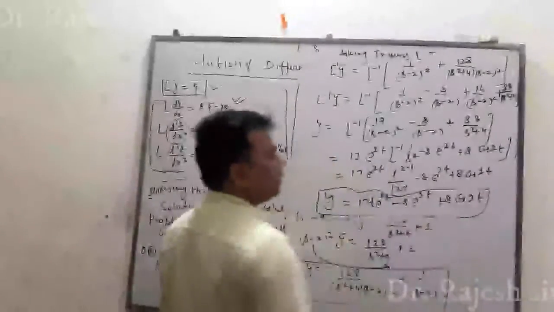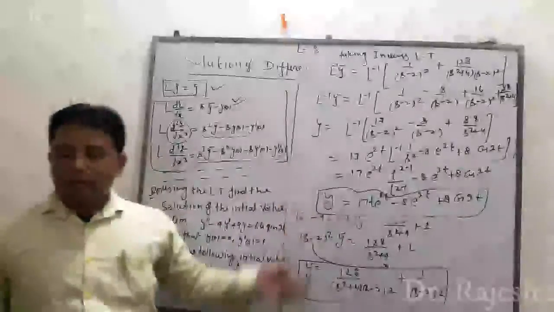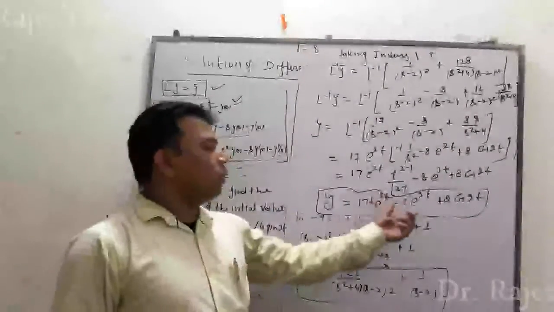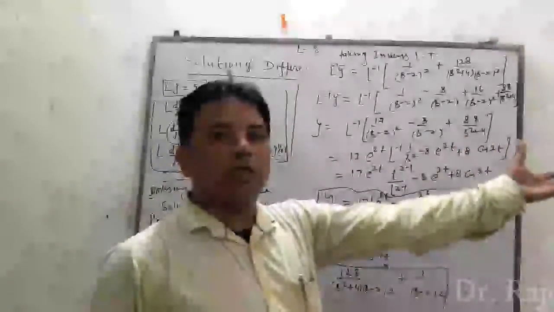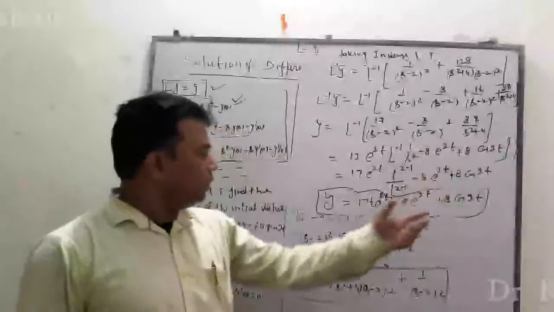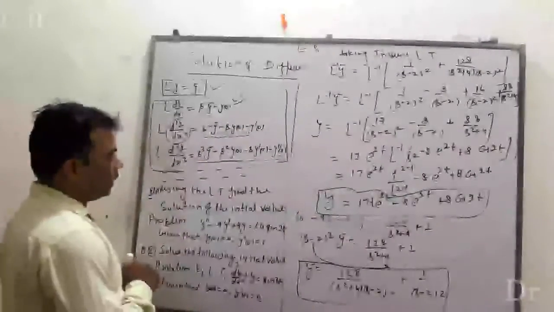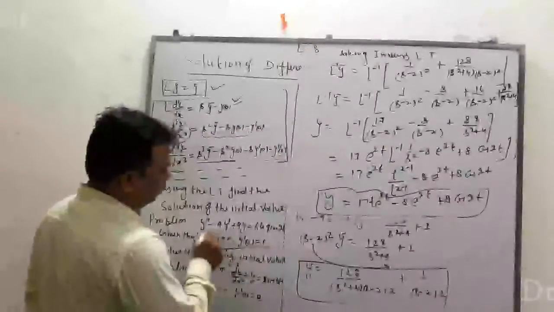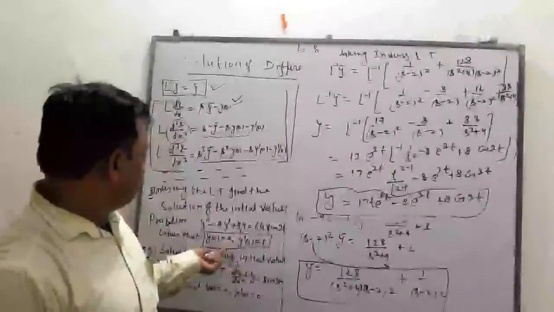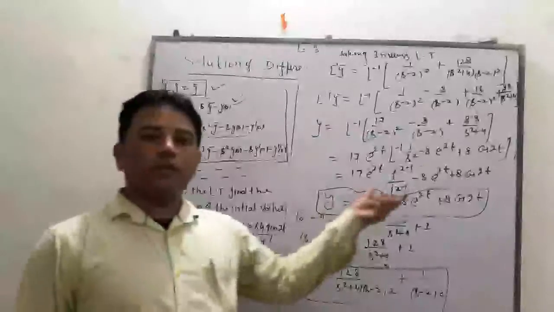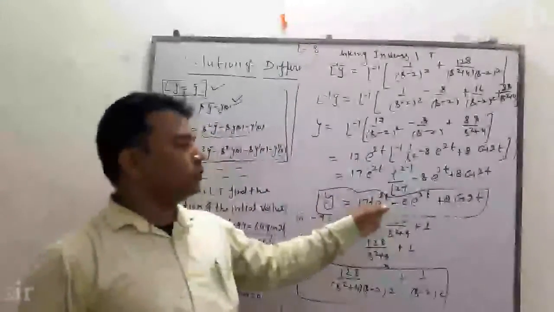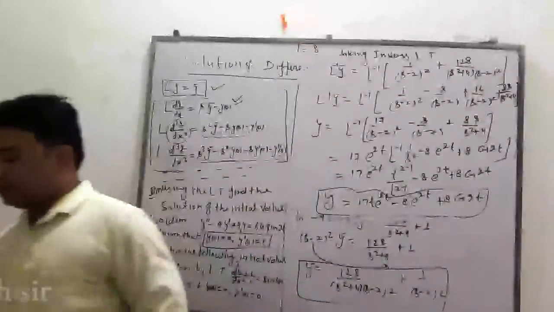We can see that when you solve the differential equation, the answer comes out with constant terms C1, C2, C3 and C4. Here C1, C2, C3, C4 are not present because the initial conditions are given, y0 and so on. These conditions already give the values of the constants. This is the complete answer of this question. Please make a note.